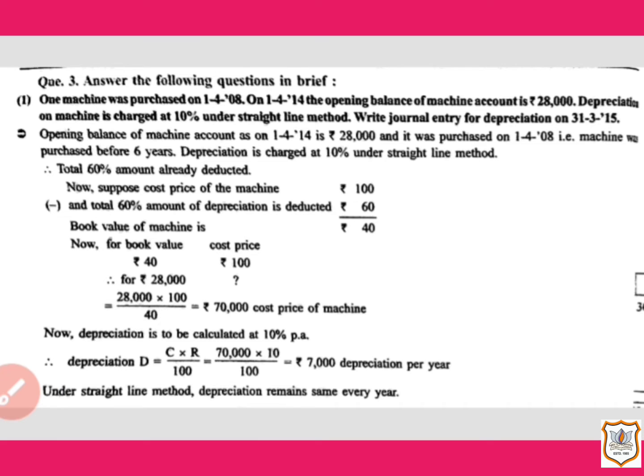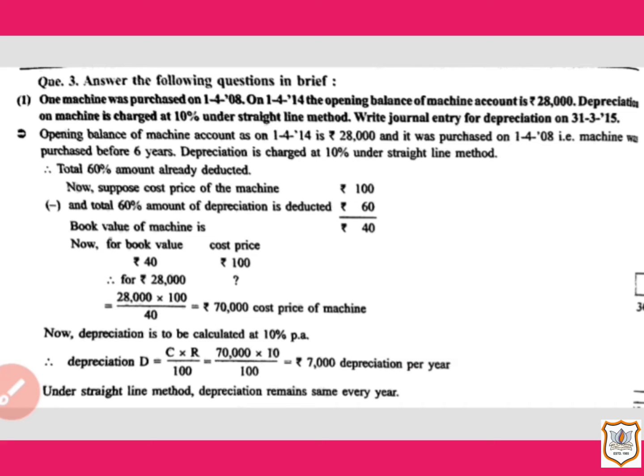So here opening balance as on 1st April 2014 is 28,000 and this machine was purchased on 1st April 2008. That means this machine was purchased before 6 years. And as we don't know original cost of this machine, so here we have to assume it. So if we assume cost price or original cost of the machine 100,